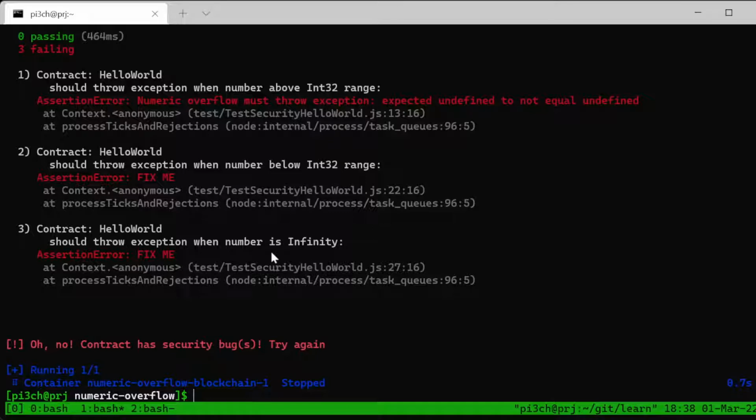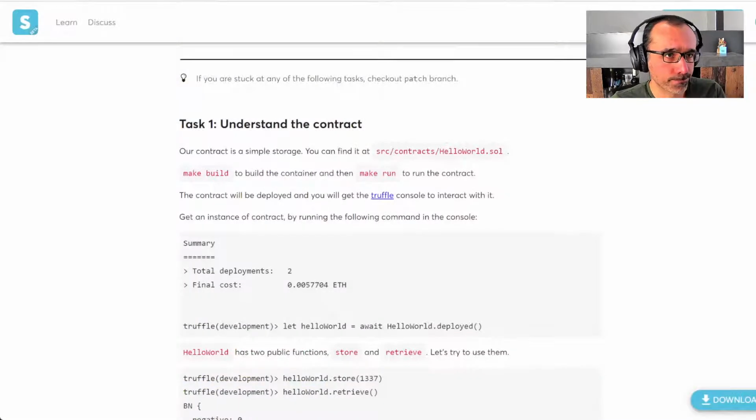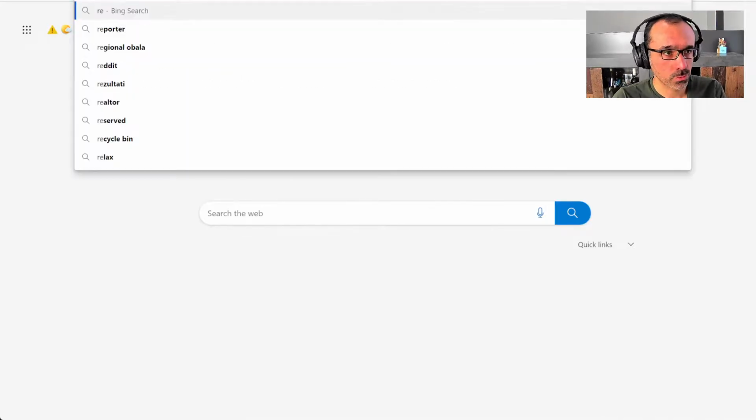What I want to do now is head back to a debugger and debug this bug together to actually see what happens in the EVM when a value goes beyond the range. All right, so to do that, I need to head back to my browser and head to Remix.